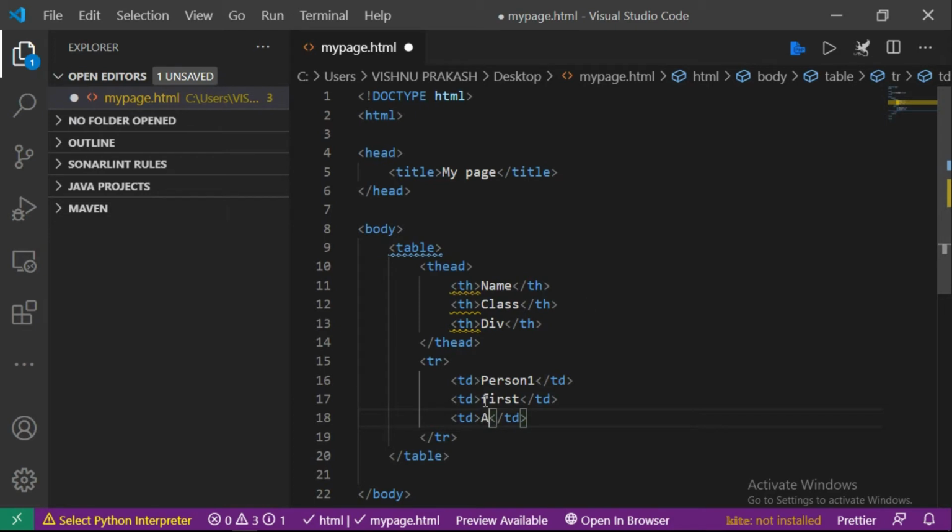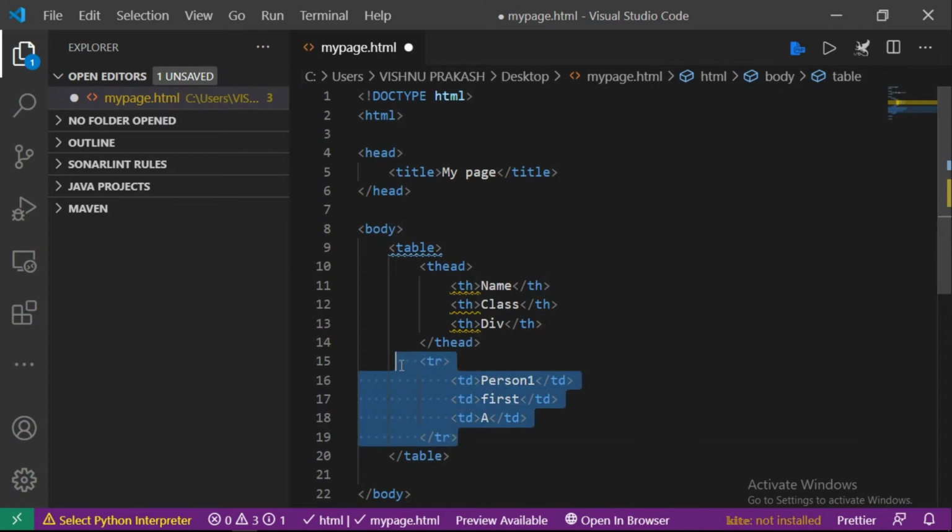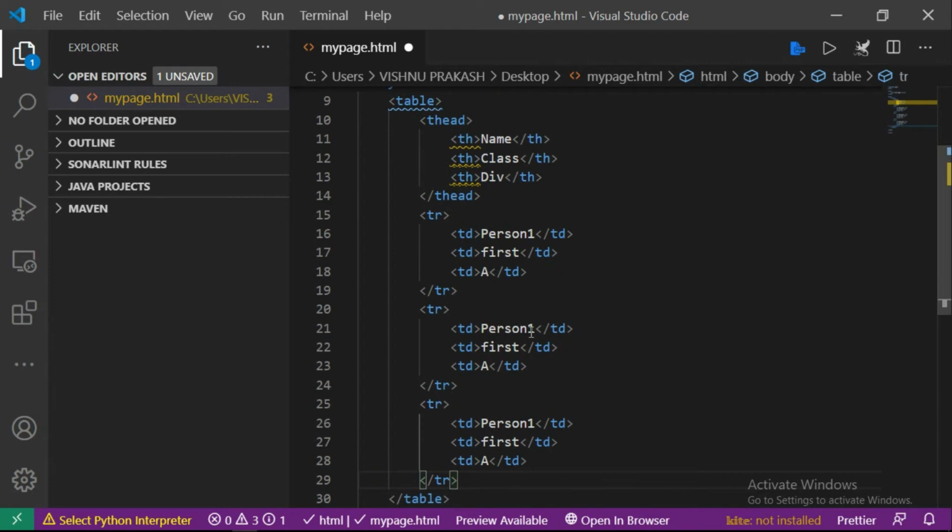The same thing we'll give for the 3 rows also. We'll just copy paste this one. This one will make it person2, class fifth, and division b. Then person3, he or she is studying in second class.